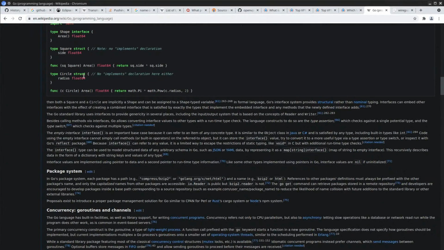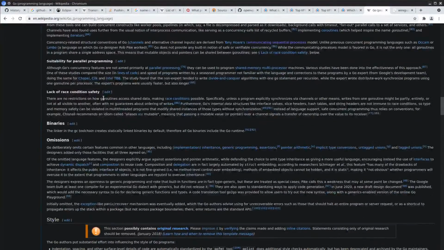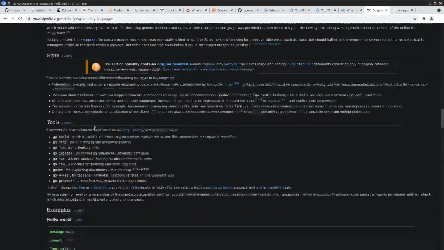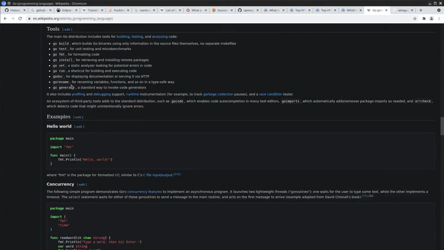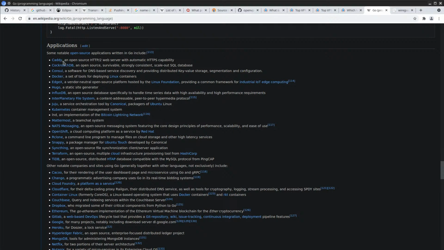Well, so far. Right. It's actually used in missions. Examples. It's quite a lot. Applications.